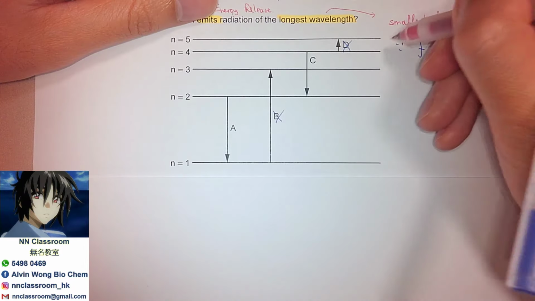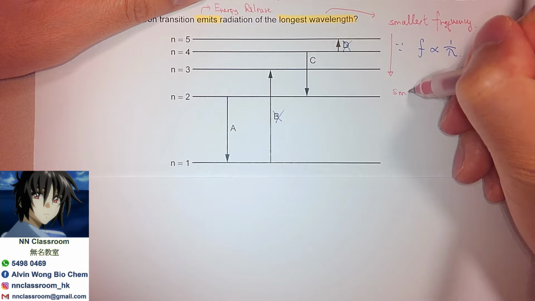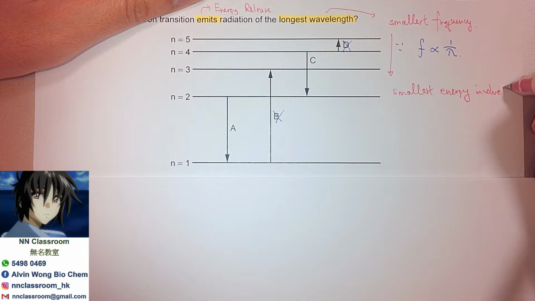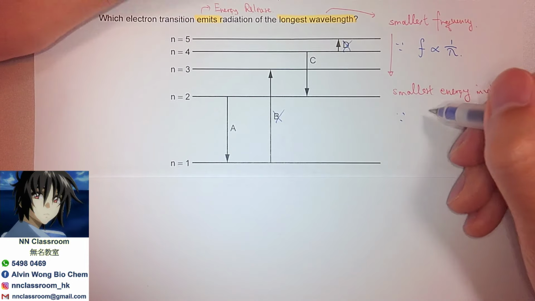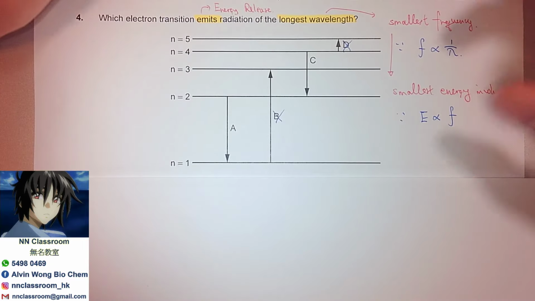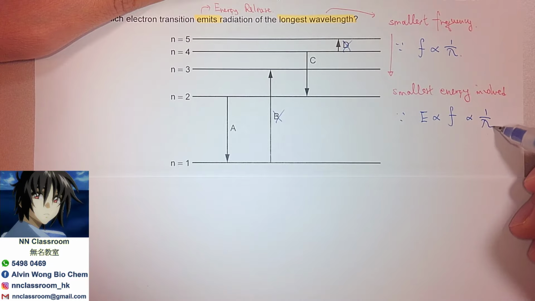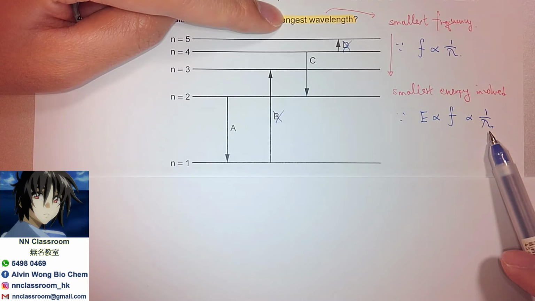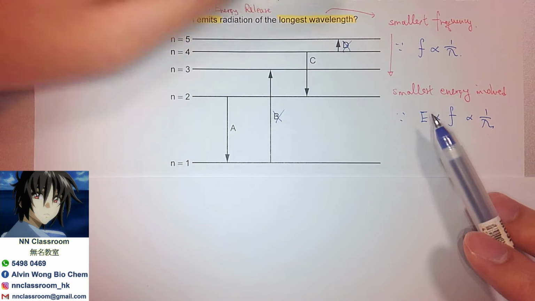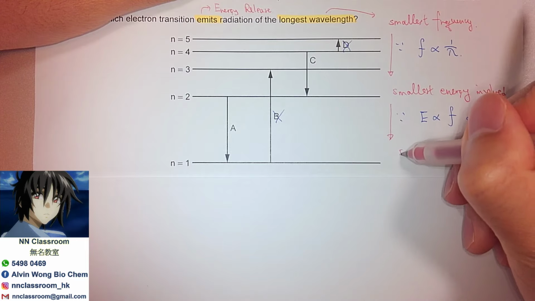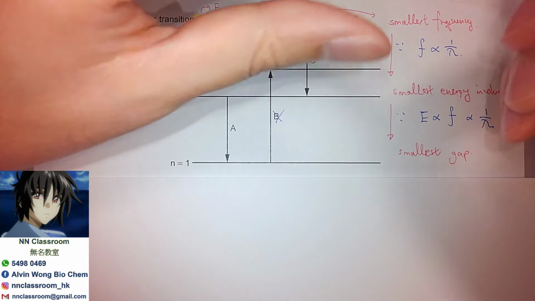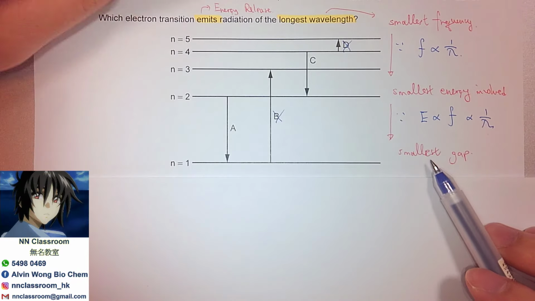And also here also gets to the next concept, that means the smallest energy involved. Why? Because of another relationship, that is energy directly proportional to frequency. So that's why with these two understandings, I just link them all together, right? The longer the wavelength, the smaller the frequency, and so the smaller the energy that is related. Smaller the energy involved, that means smaller the gap. Smallest gap in this case, right? So longest refer to the smallest gap.